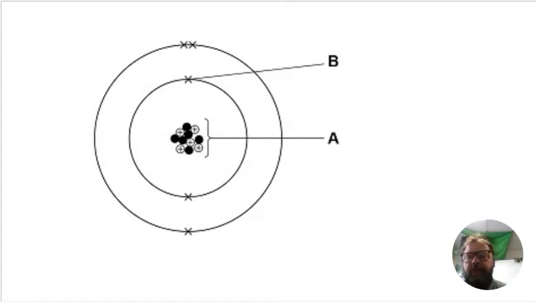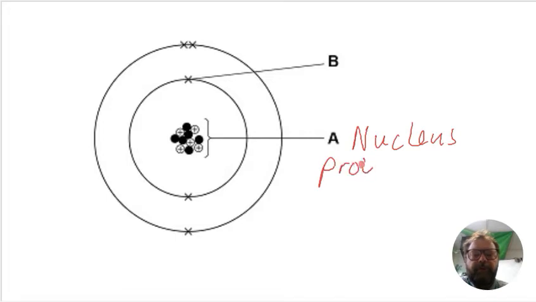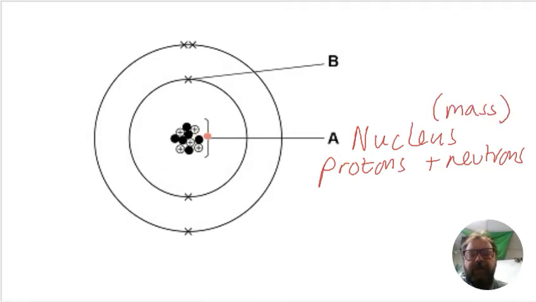So first thing, we've got this structure in the centre that we need to recall is the nucleus. And inside the nucleus there are two subatomic particles, protons and neutrons. And the sum total of the protons and the neutrons is what makes up the mass. So all of the mass is concentrated in the nucleus of the atom, and we can see these particles here